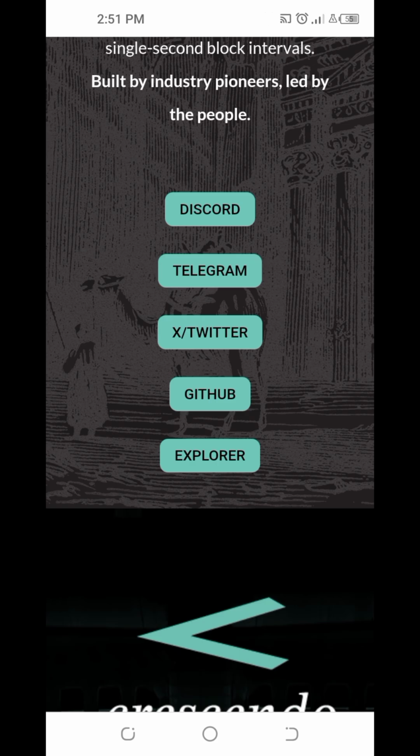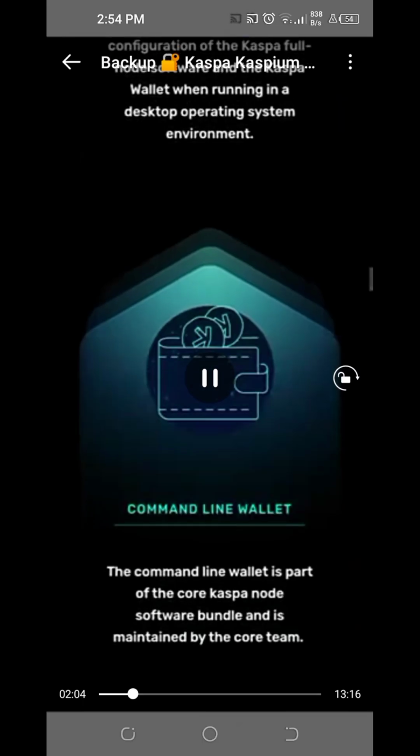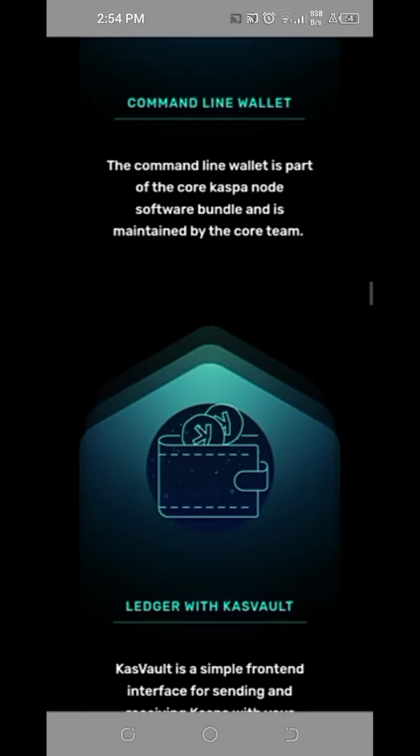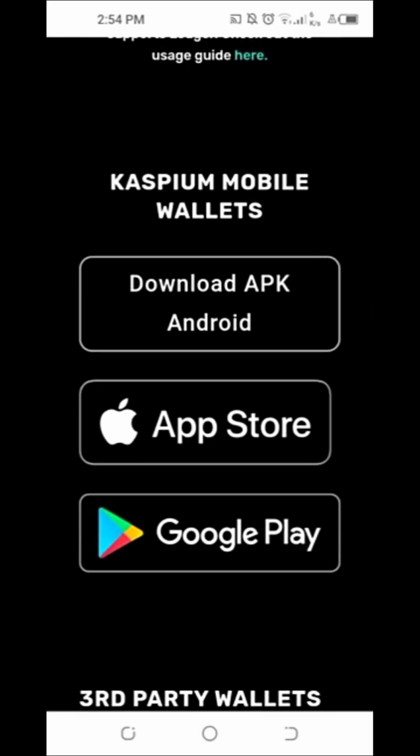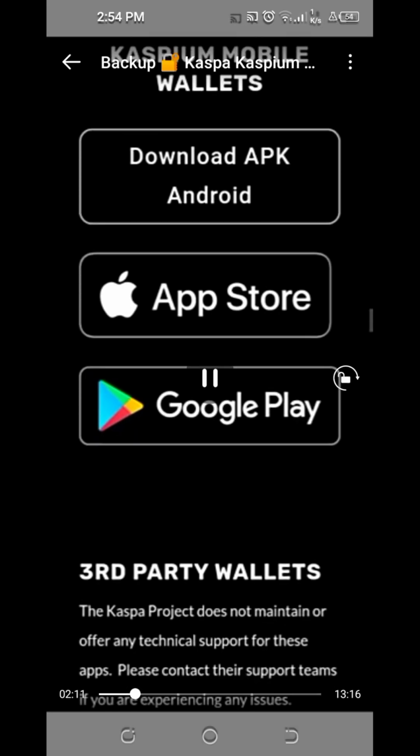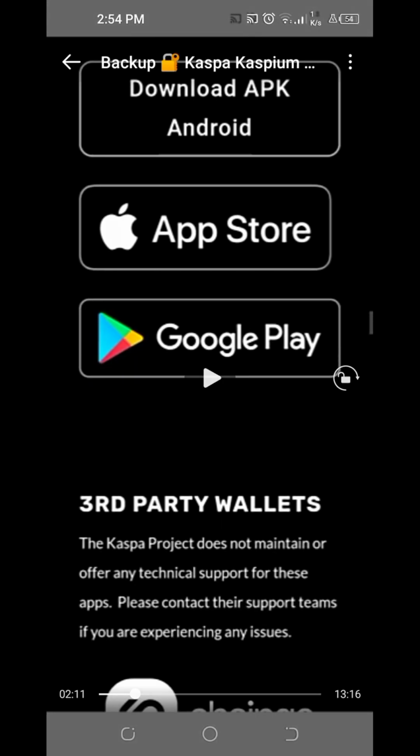Alternatively, okay, if you haven't got any cold storage like a Ledger or the Tangem wallet. Okay, so once you're on the Caspa website, you'll just need to scroll down and look for the options where you can install the Caspium wallet.